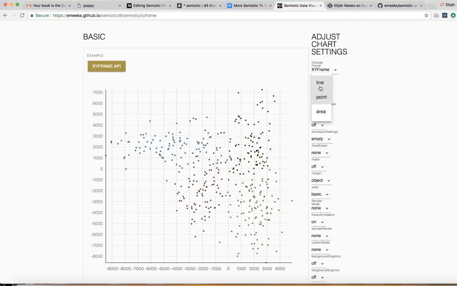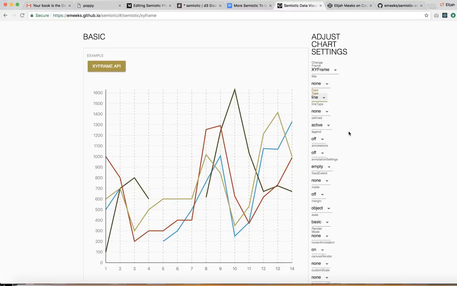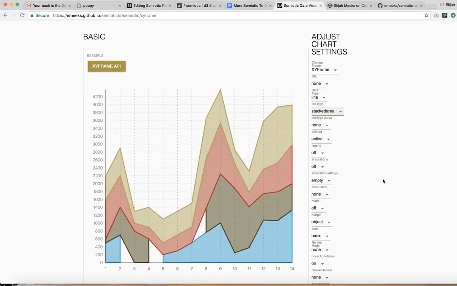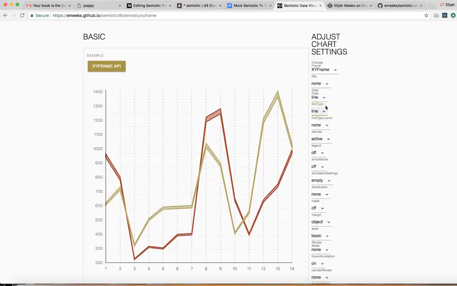Now, line charts and scatter plots and area charts are amenable to different kinds of settings. We saw that with the basic geometric shapes versus the contour plot. And in a line chart, once you have line data formatted for XYFrame and you're passing it correctly and you've told the frame how to handle your data well, then you can go into it and adjust the line type to show the different ways that we can represent time series data. So a traditional line chart,